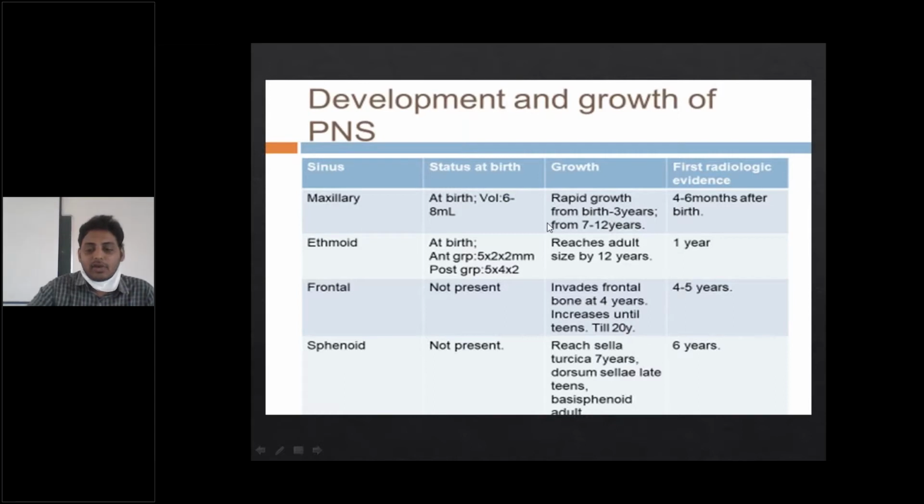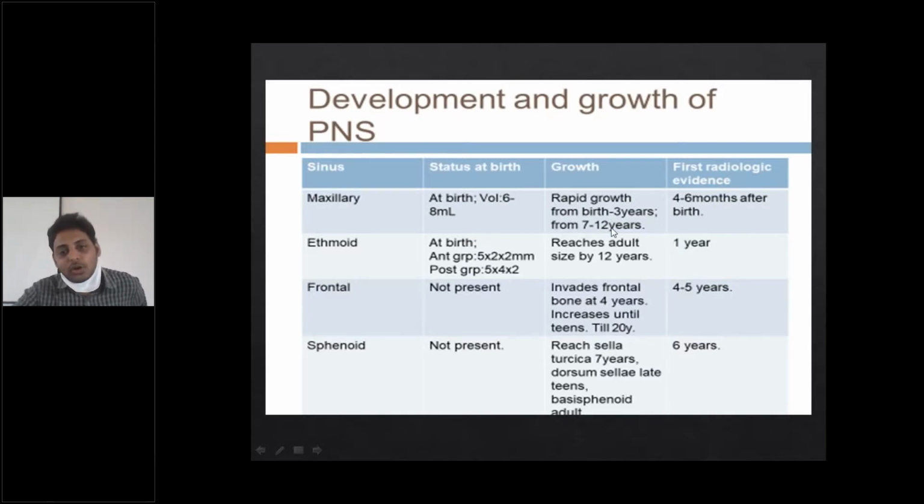And this is a somewhat brief description of the development and growth of paranasal sinuses. As we said earlier, the maxillary sinus and ethmoid sinuses are present at birth. These are MCQs. Frontal sinus and sphenoid sinus are not present at birth, but if there is a question like which is not present at birth, strictly go to frontal sinus. This is because questions on paranasal sinuses will be very fancy for the examiner. I am stressing on that apart from the theory part.